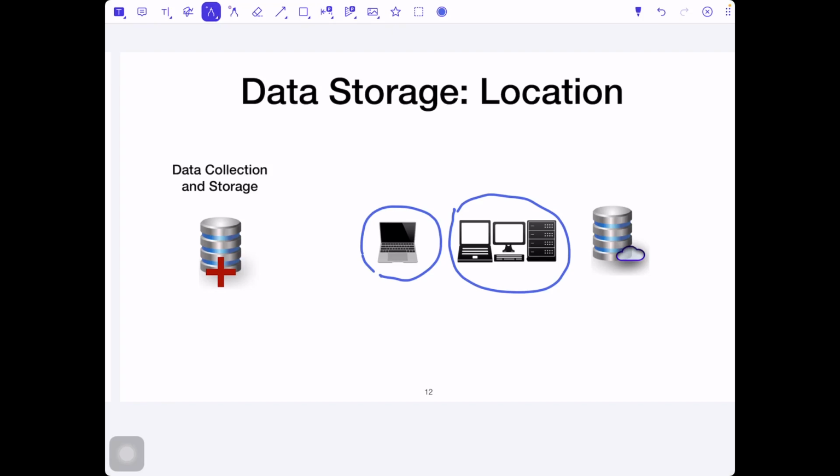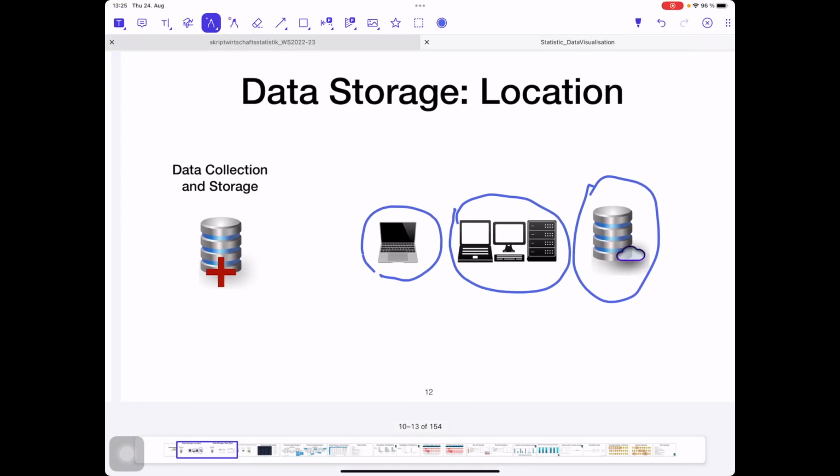Or alternatively, you could pay another company to store data for you. This is referred to as cloud storage. Common cloud storage providers include Microsoft Azure, Amazon Web Services, Google Cloud, and so on. Those services provide more than just data storage. They can also help you with data organization, data analytics, machine learning, and deep learning.